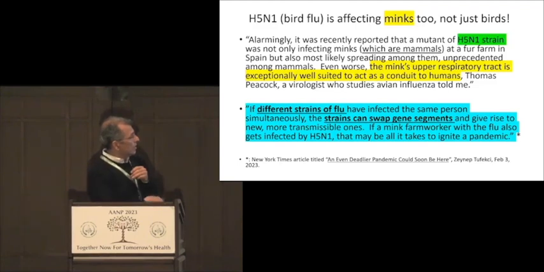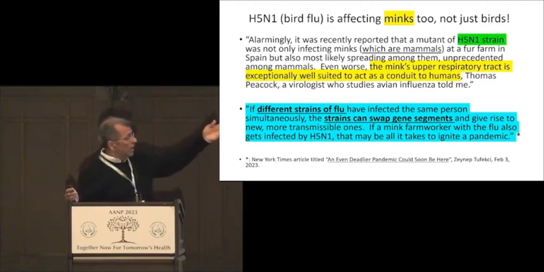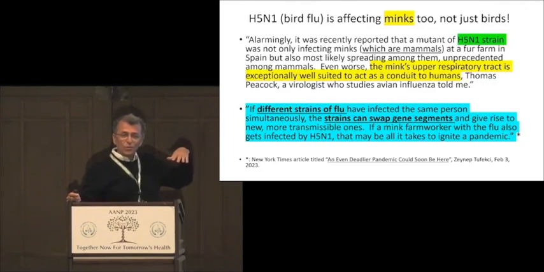Here we go. In blue there, if a mink farm worker with the human flu catches bird flu, those two could have gene swapping, and that could just ignite the next pandemic, God forbid. And bird flu, I mentioned in the earlier slides, affects birds, domesticated as well as wild. What we have now seen is that it can affect minks, and minks are mammals just like humans. So the bird flu virus has already crossed species to mammals,